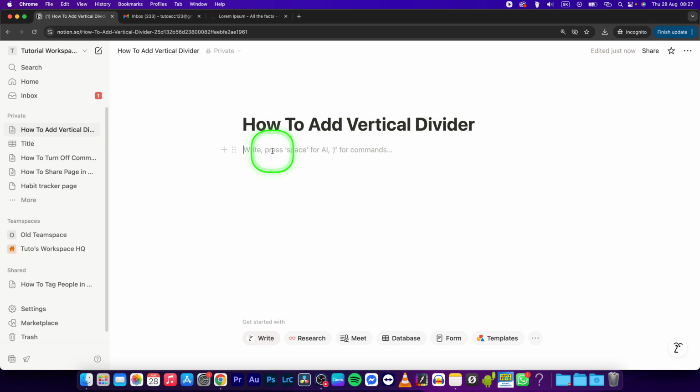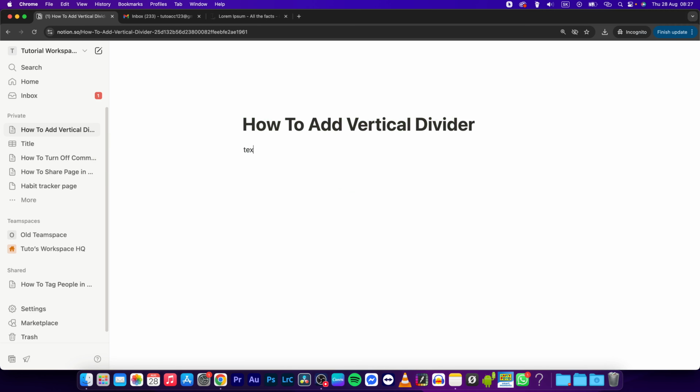In this tutorial I will show you how to add a vertical divider in Notion. So let's say this is my text 1, this is my text 2. In order to add a vertical divider between these texts, I will have to